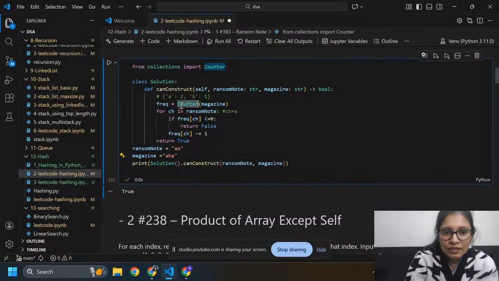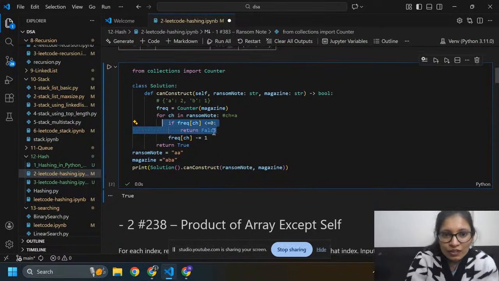With the help of this line, I am going to use a loop for ch in ransom note. I take ch equals a, then I need to check, is its frequency less than or equal to 0?